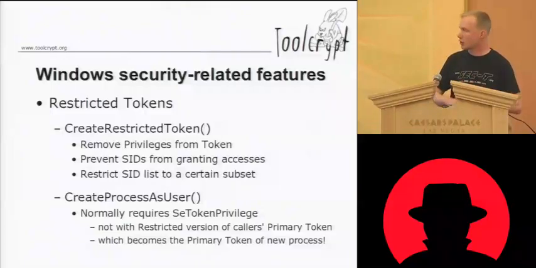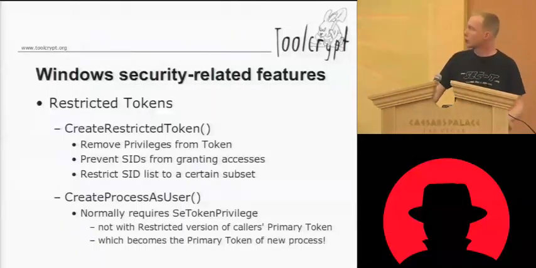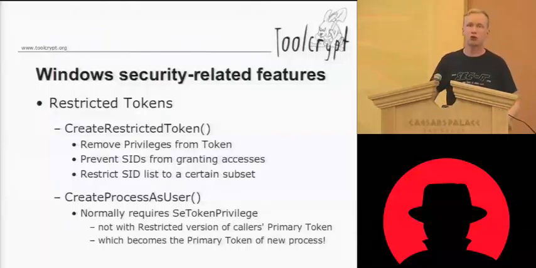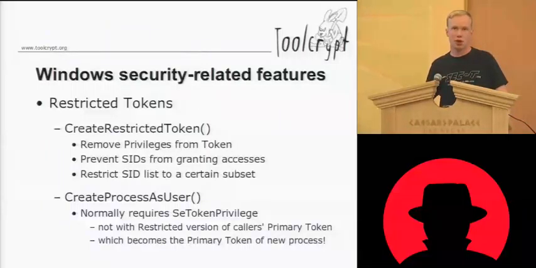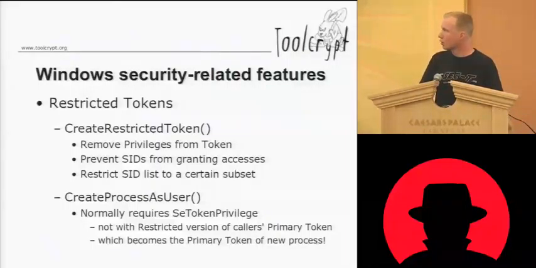So first of all, there's this lovely feature called a restricted token that's been in the Windows OS since the Windows 2000 release. Basically what you can do is remove certain privileges or remove certain SIDs from the list of users and groups within a certain token. And that token can then be used either as an impersonation token, or more interestingly, it can be used to create a new process using this token. And this is really interesting if